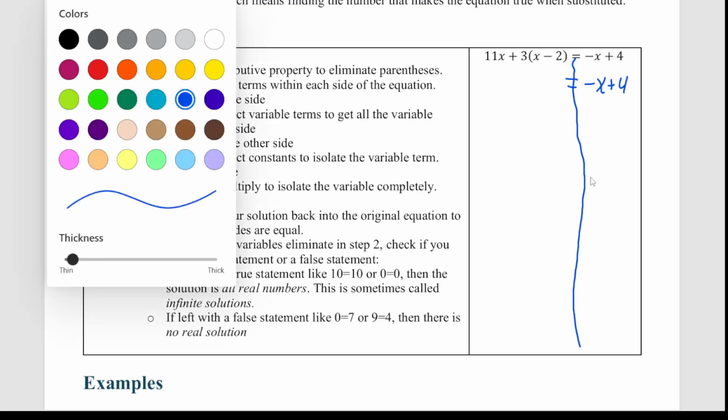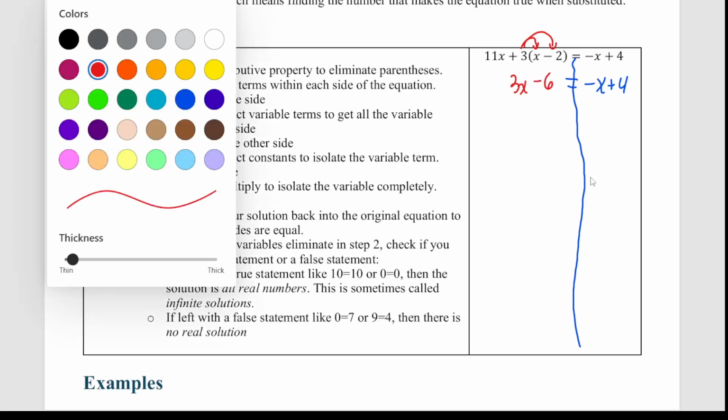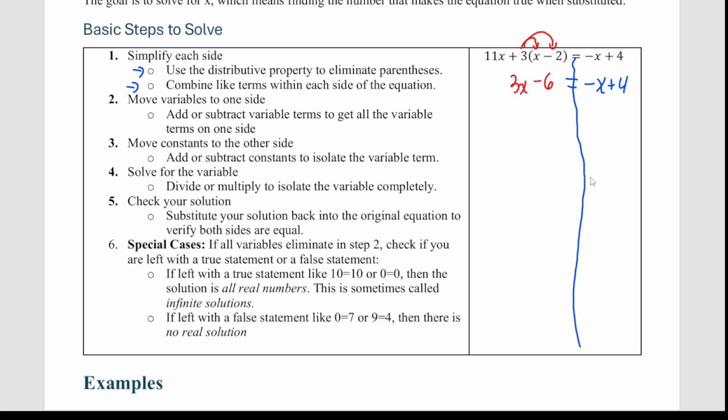So in particular, I'm first going to deal with distributing. 3 times x will get me 3x, 3 times negative 2 will get me minus 6, and then I'm otherwise just going to drop down my 11x. Now I'm still combining like terms and simplifying here, because on the left-hand side not all my like terms have been combined yet. In particular, 11x plus 3x is going to get me 14x,